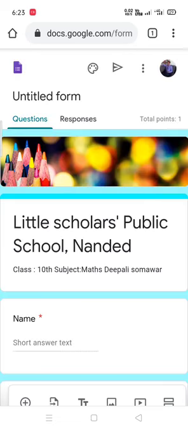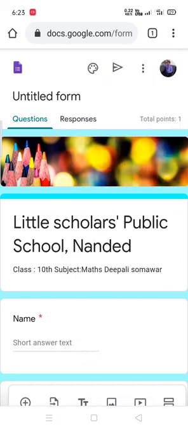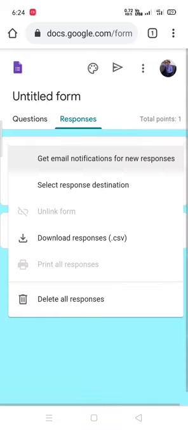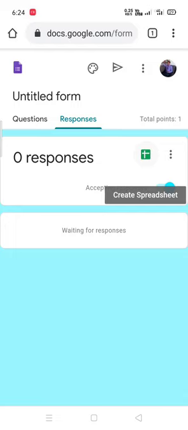and then, if you want responses on your Gmail or any email ID, you have to go to the responses option. Now click here to get email notifications for new responses. Click on this button, meaning whatever responses, how many students are solving or who are solving, everything by spreadsheet, they will send you to an email address. Or after responding, you can click on this and copy this URL also. By this URL also you can open your responses form.